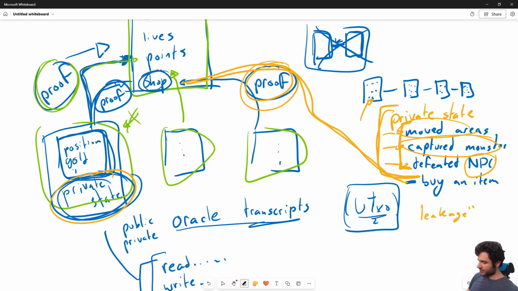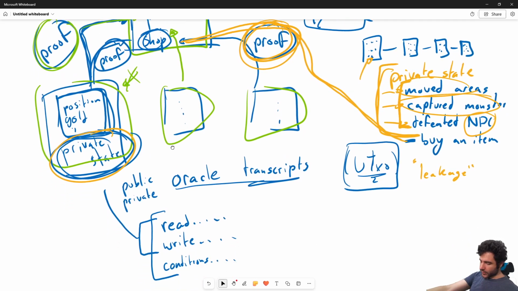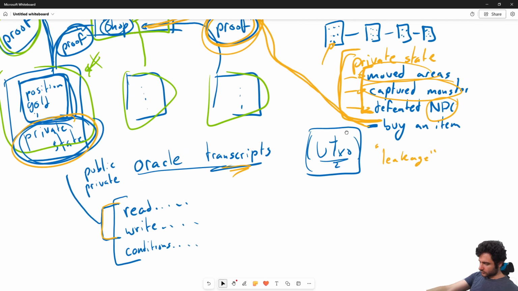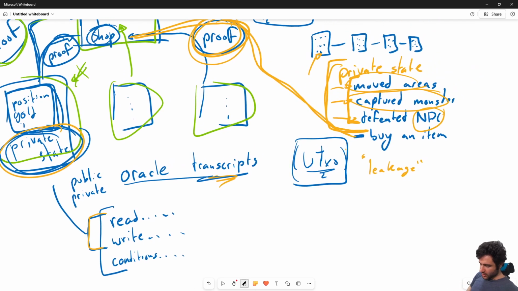So you're leaking private information. And the key thing about Midnight is you choose when to leak information and you choose what to leak. And by default, you're revealing the least amount of information possible. And so this gives you a really powerful way to build blockchains. And the fact that you have some information about reads and writes in this kind of transcript, you don't share this transcript. Maybe to take a step back,